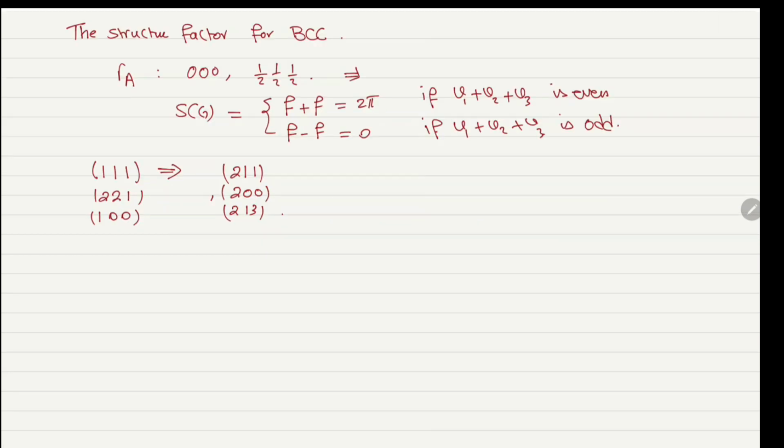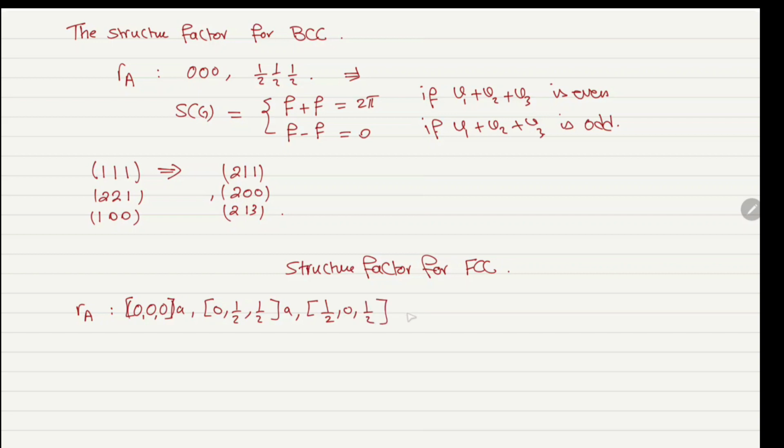Now let's find out the structure factor for FCC structure. For monoatomic FCC structure, the atomic positions are A, in this case here, is 0, 0, 0, A, 0, half, half, A, half, 0, half, A, and half, half, 0, A. If we substitute this back in the structure factor formula, you will find that the structure